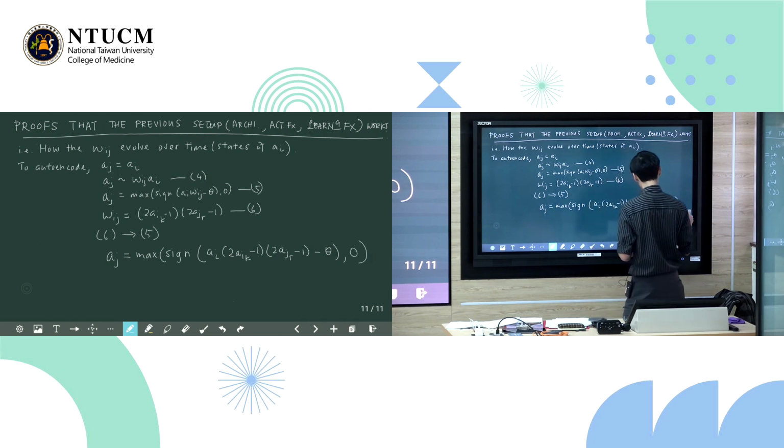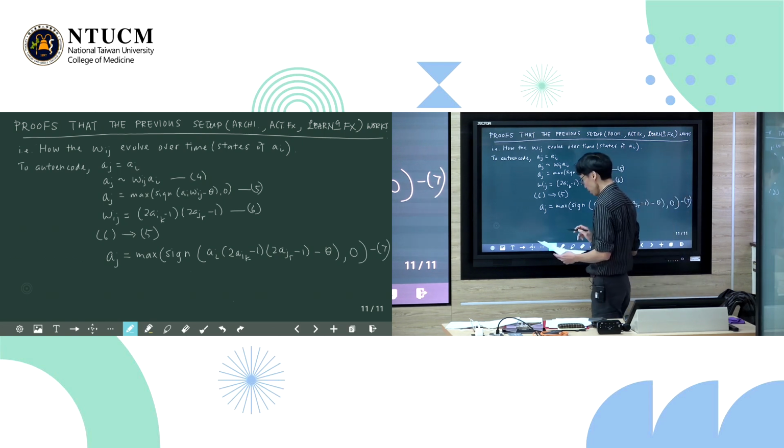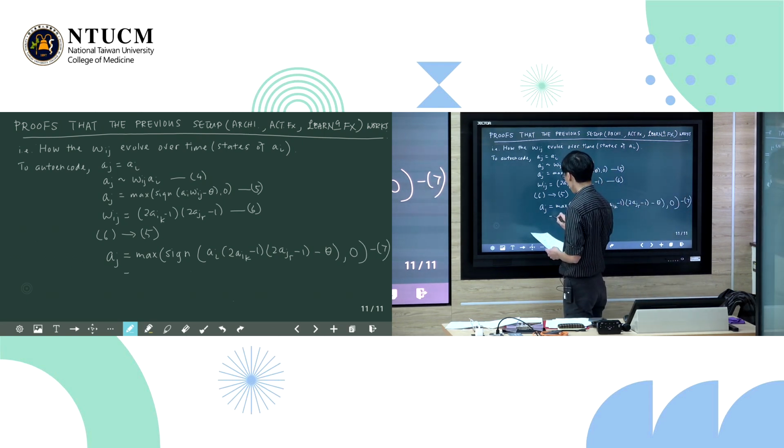Right? And this one is equation 7. Okay? Simplify this, it is equal to, let's do the max sign function as basically